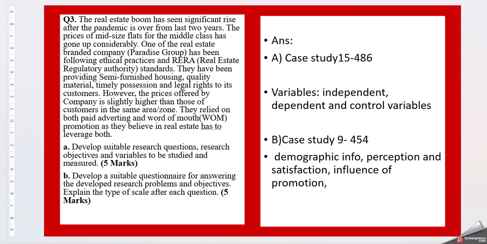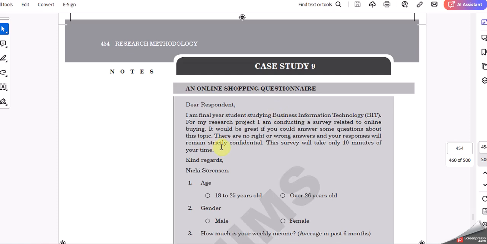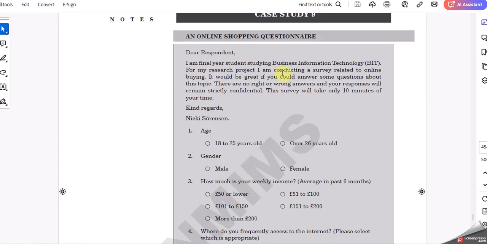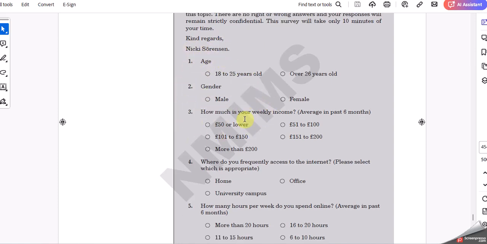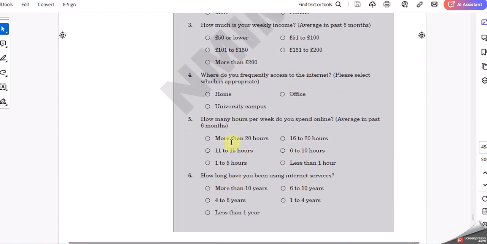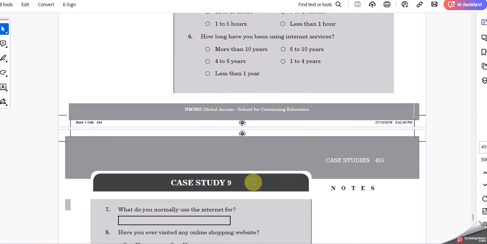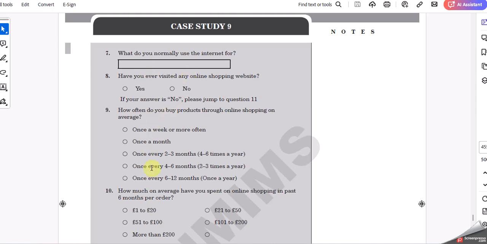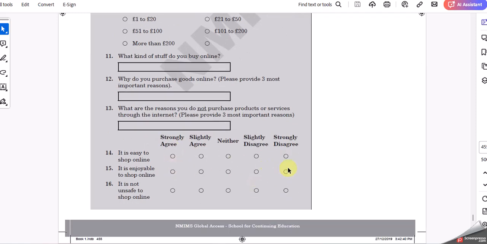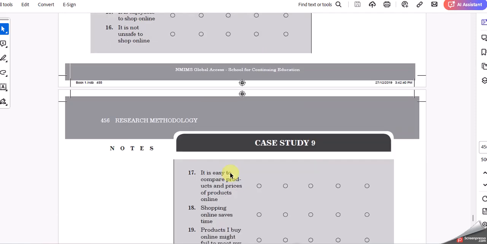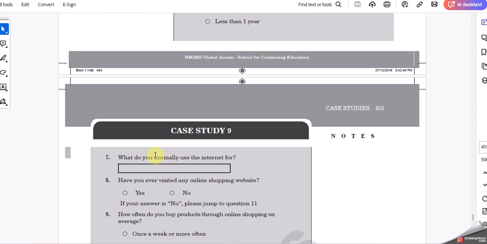In part B, we will see in case study 9 we have examples of questionnaires. So this is a certain way of questionnaires that has been mentioned here. Initially they have taken care of demographic details, and then they look at what kind of product they have. Based on that they have started putting their questions. Then slowly they have different types of scales as well. Yes, no, then they have open-ended questions, then agree disagree questions. So they try to use all types of questions for the customers to provide